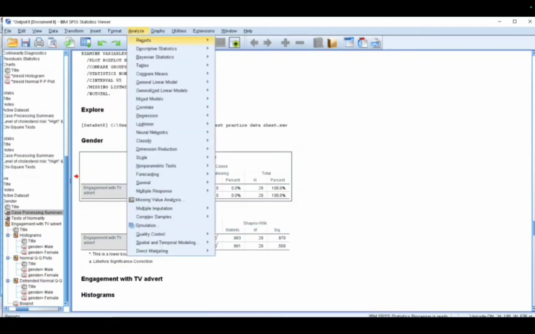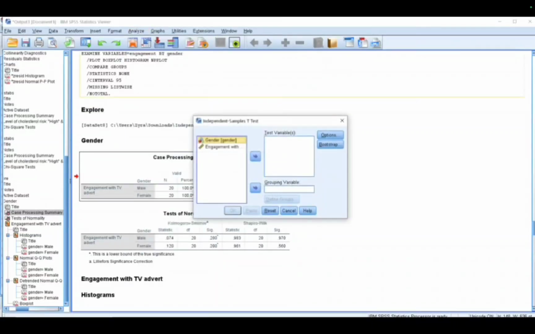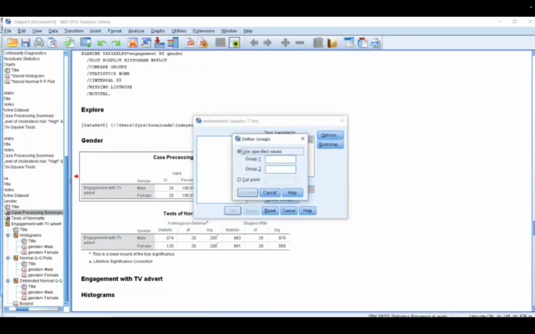And then we are going to analyze, compare means, and then click the independent sample t-test, and then transfer it again to the test variable, the engagement, and the group variables, transfer the gender, and then we can just go to define groups.